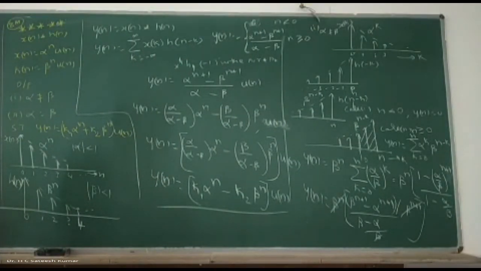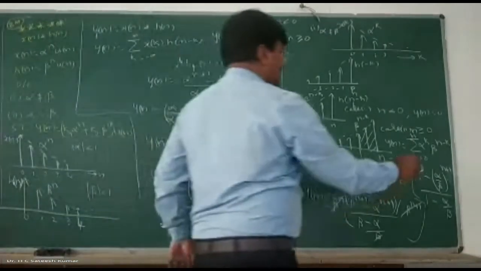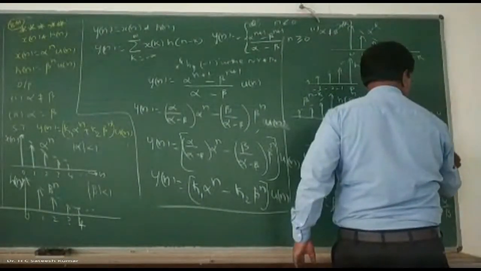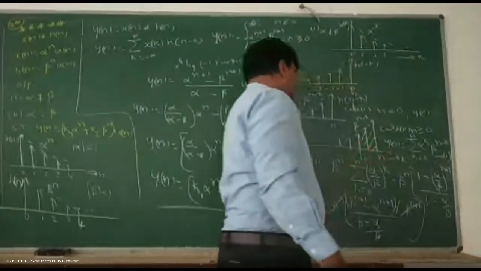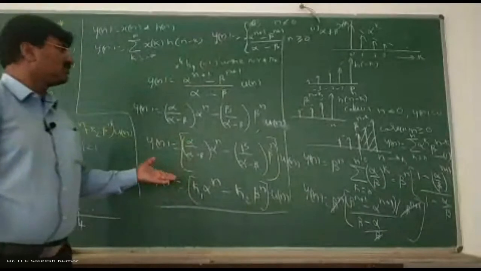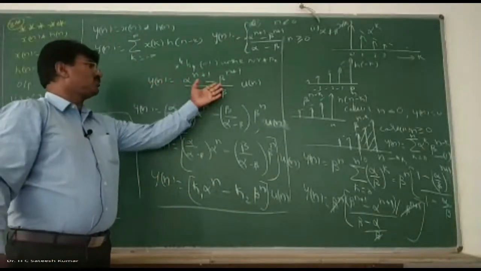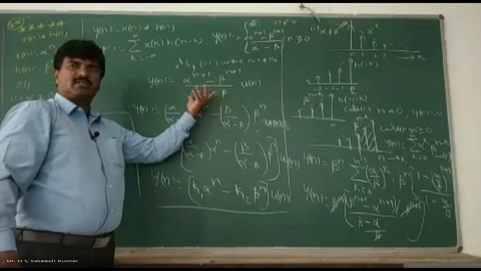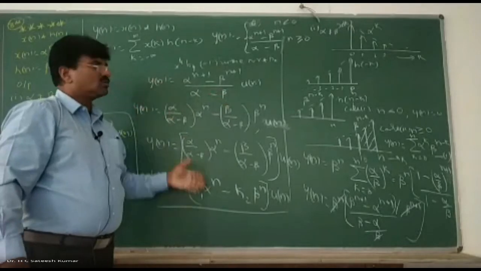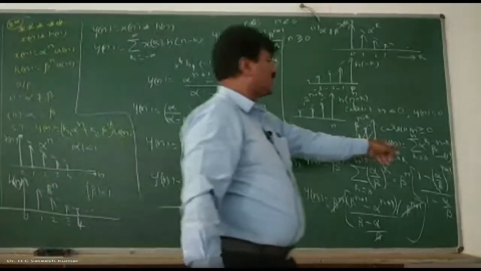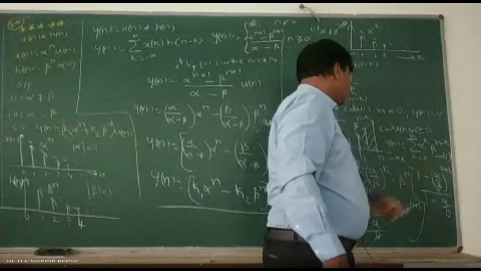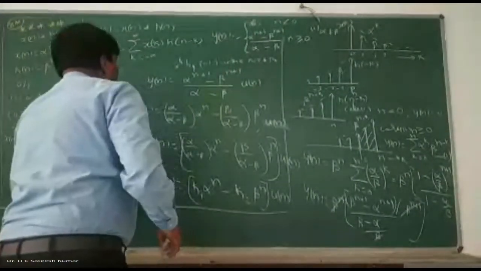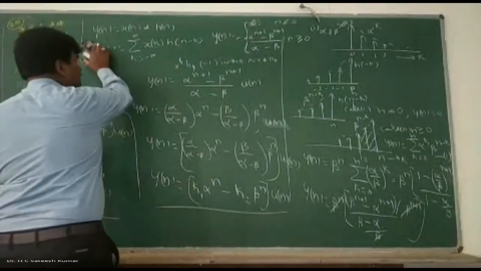So how exactly can we do this problem? So call this equation as equation number 1. There itself we can change. See, if you substitute here, you will get a different answer, right? When alpha is equal to beta, what will happen? 0 by 0 is indeterminate form, it will go. But don't do this one. So go here, you will get the correct answer. So consider equation number 1.